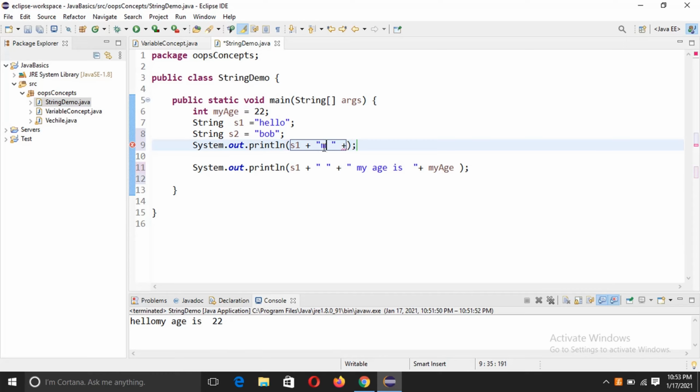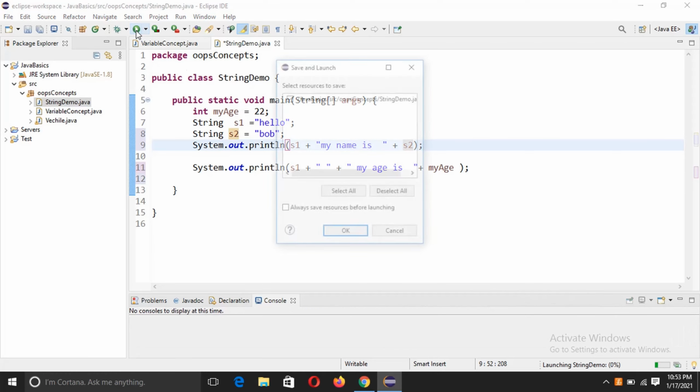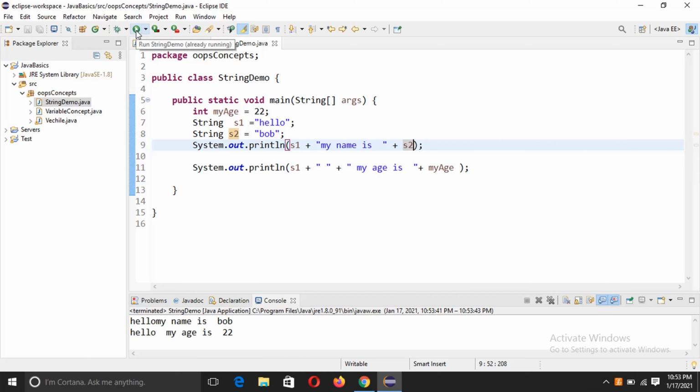Hello, my name is s2. So it will show my name is Bob. Let's run this. Click on OK. You can see we got this output: hello, my name is Bob.